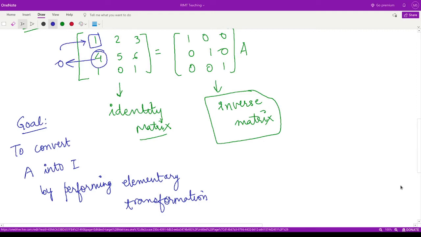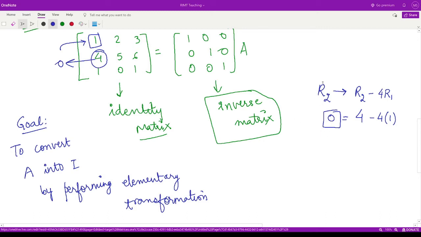Let's have a look. Now we were making this second element, the element 4 here, as 0. How can we do that? We can perform the elementary transformation. We can perform the operation on the second row such that we convert the second row as second row minus 4 times the first row. That means we are trying to do 4 minus 4 times the first row, that is 1. When you solve this, you will get 0 here, and our goal was to make this element 4 as 0. So this is the operation that we are going to perform here.